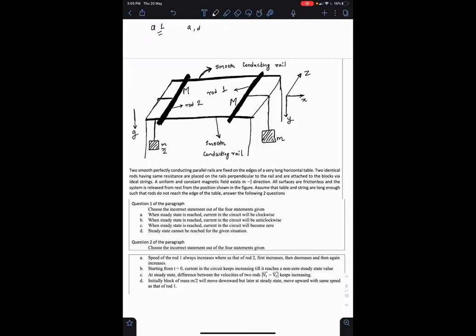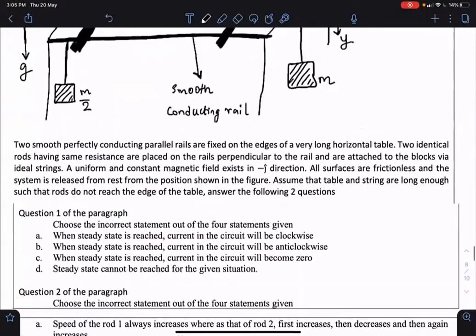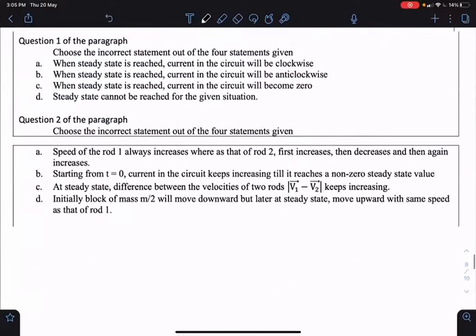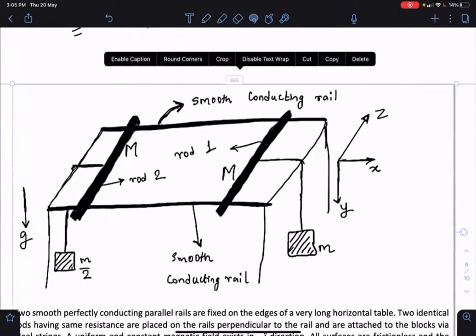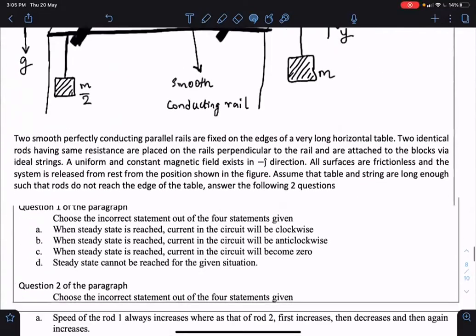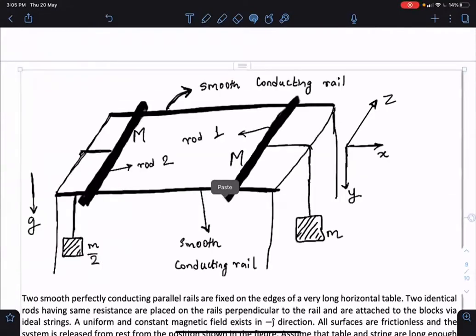See, it's similar to the previous question only. And in fact, what you can do is, like this horrible thing is given. Actually, you can simplify, or you can make a similar kind of arrangement.